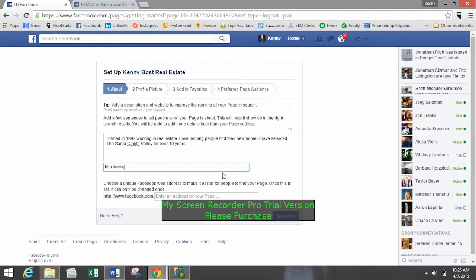Then we're going to talk about the website. This is going to be your website, so it's probably something like homesofvalencia.com or homesvalencia.com, or yourname.com. Then this is what's going to be on the tail end of the URL after Facebook. We'd like this to be the same if you can get it, if it's not already taken. So Makeover Social is already taken because I already have a page, but we'll just do.